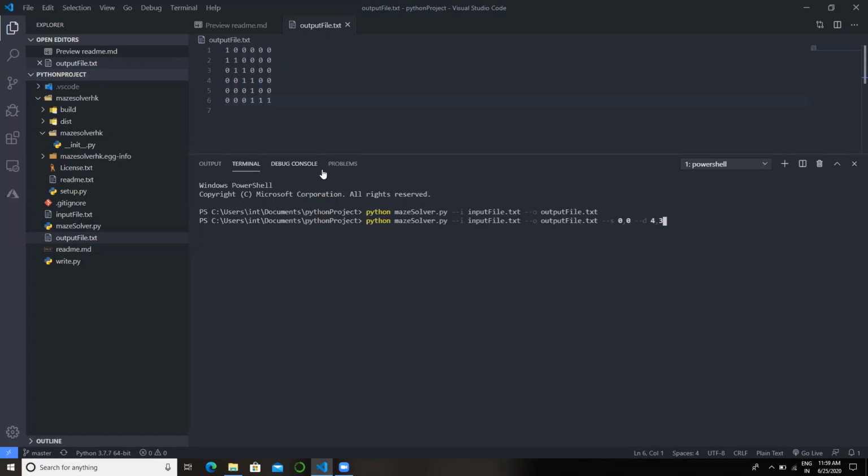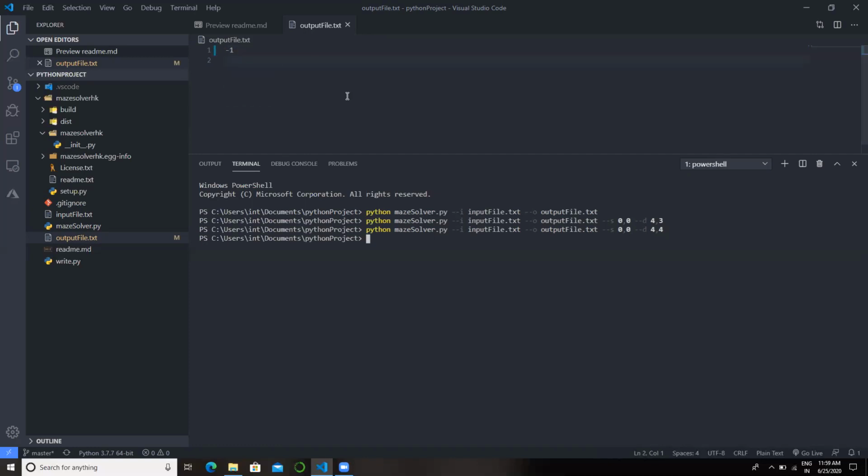So yes, the path exists, and it will print till 4, 3 only. Suppose I provide a node where the path doesn't exist, say 4, 4, it will print -1, which means the path doesn't exist, as shown over here.